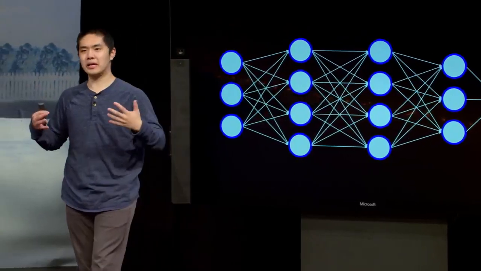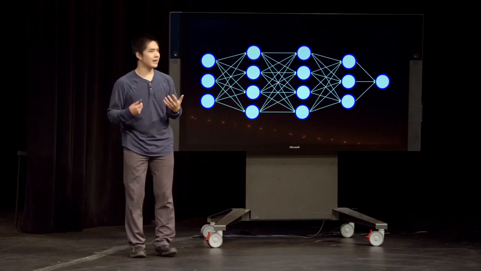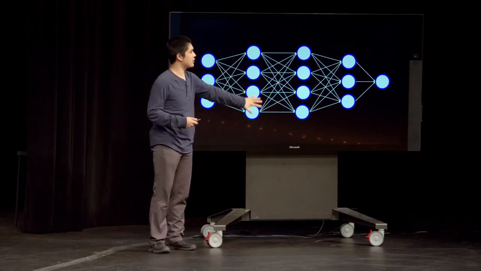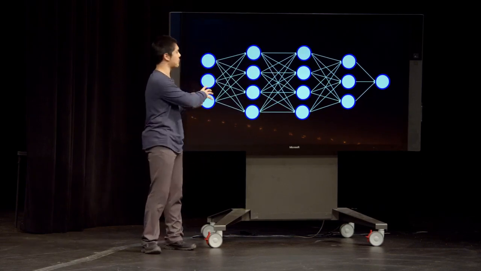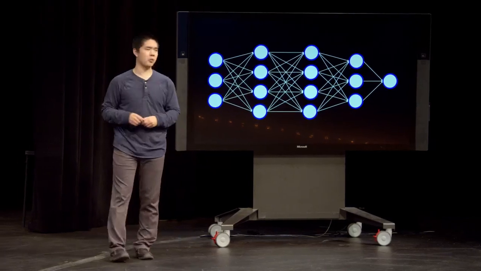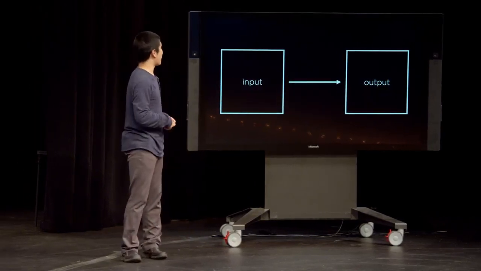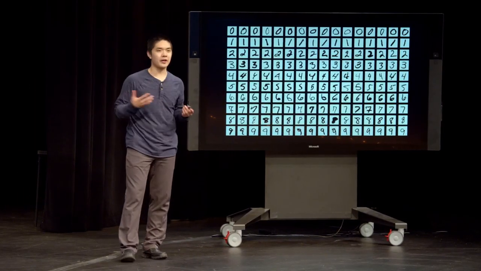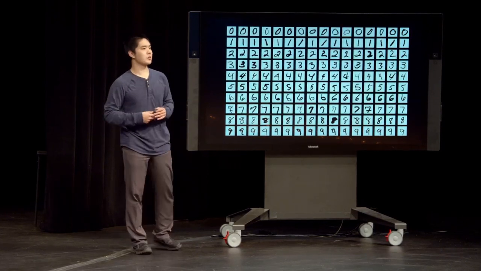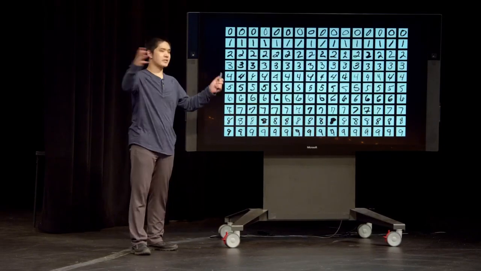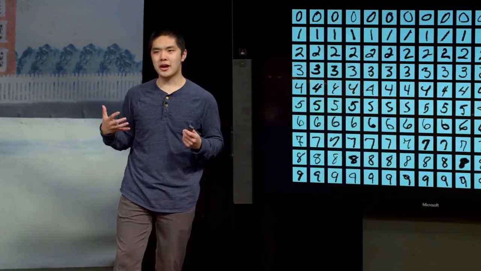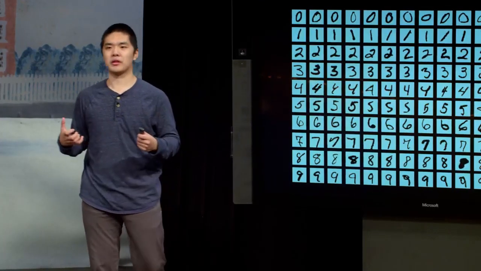If you give a neural network enough data, it can learn from that data. It can learn exactly how to set these various different arrows to be able to calculate some task, to be able to translate some input into some output. So for example, that might take the form of handwriting recognition. How exactly do we train computers to be able to learn how to recognize handwriting, given all the different types of handwriting? Well, one way to try to do that is by using a neural network,